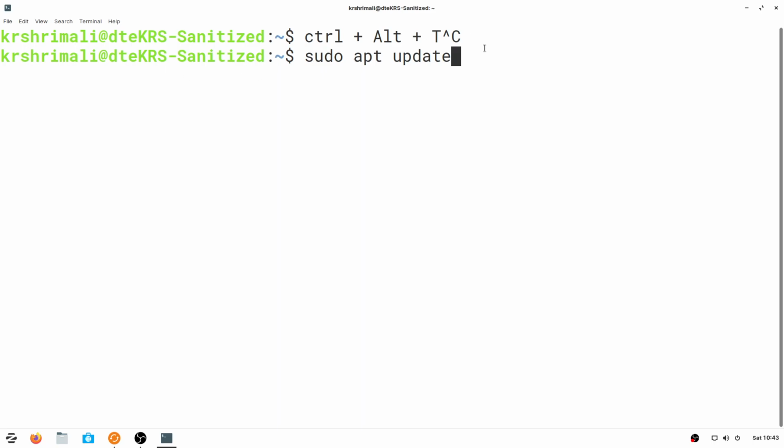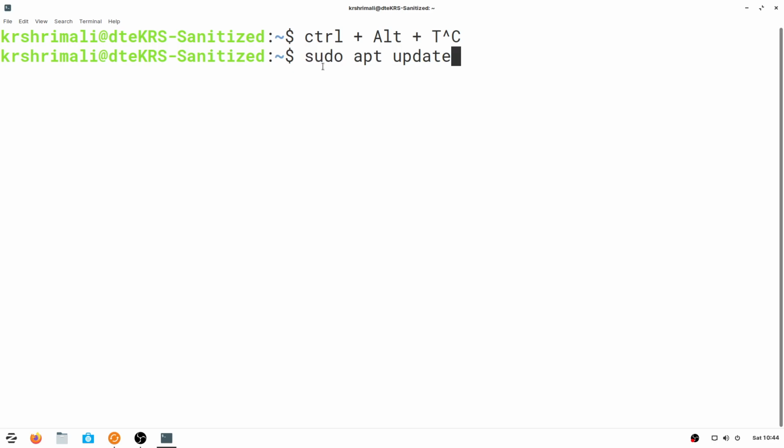Now, how do you actually update your system? In Windows, you have to go and type update, and then it will update things for you, then you have to restart. But in Linux, it is not that. So when you do sudo apt update, all it means is sudo means giving it the root permissions. Root permissions means administrator permission.